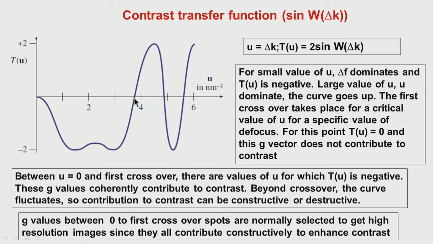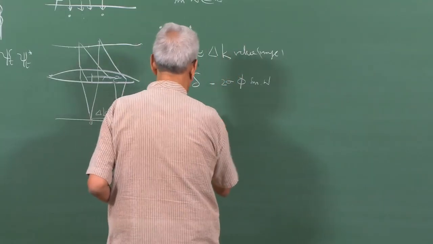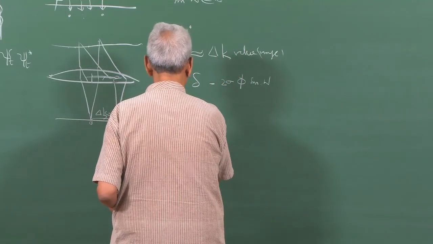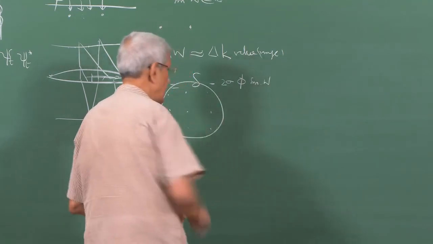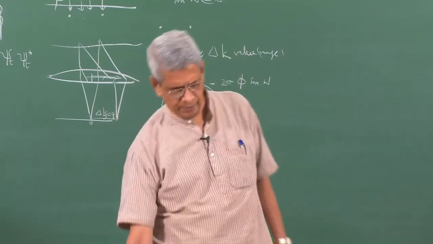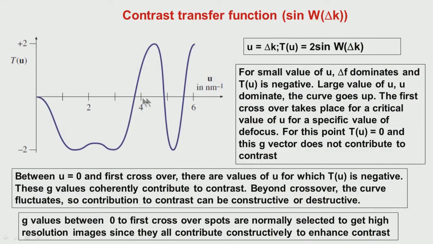So, this particular value of u is the only one which gives useful information. Okay. That is what we do when we have a lot of diffraction spots. We put an aperture and choose it. The size of the aperture should be decided by, we can write it in terms of the reciprocal distance, then that will turn out to be this particular distance.